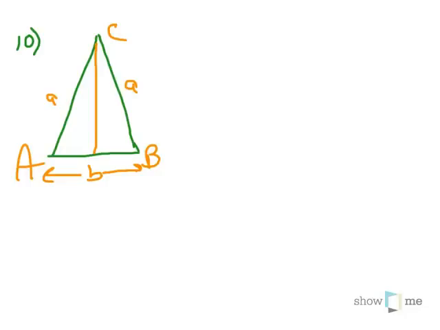Question 10. Derive two formulas for the length of the altitude of the triangle shown at the right. This orange segment is the altitude. Altitude means it forms a 90-degree angle with the opposite side and goes through the vertex angle. C is the vertex angle. Given that A, B, and the measure of angle A are known, justify each step that you take in your reasoning. So we know what A is,